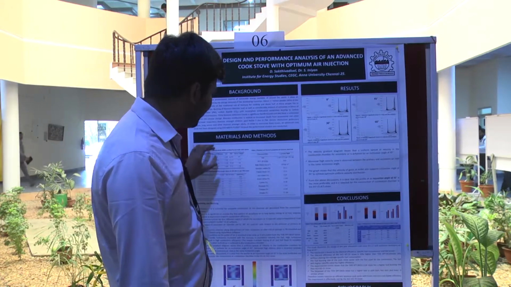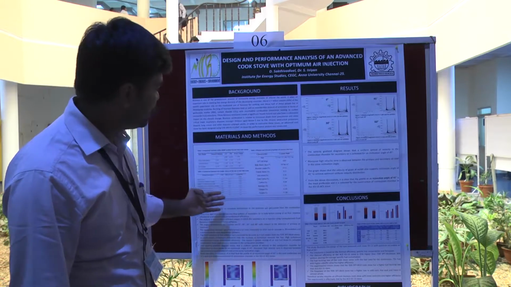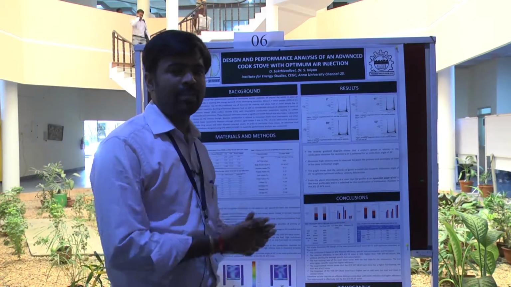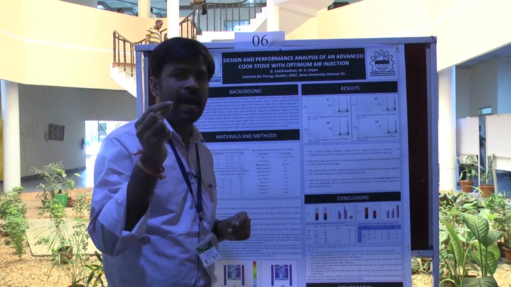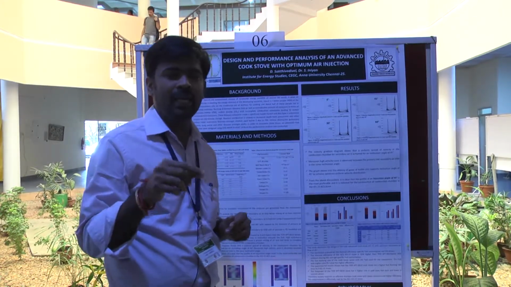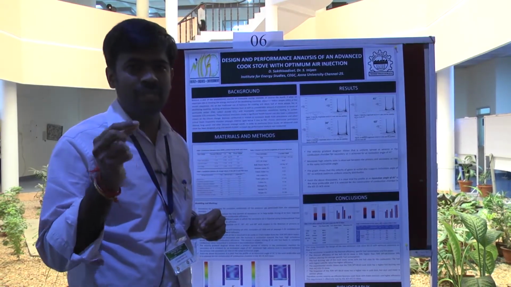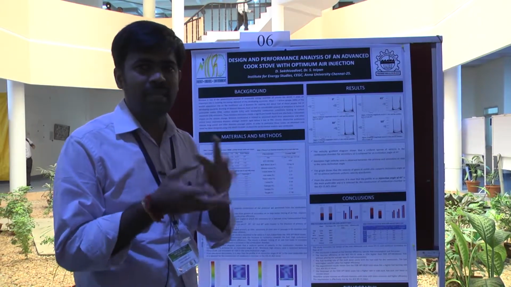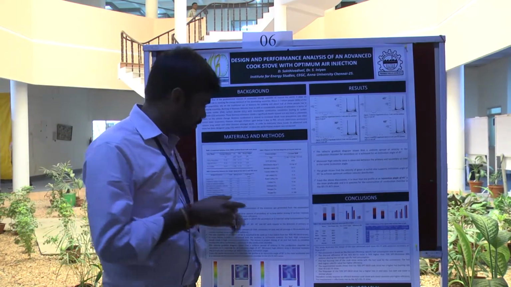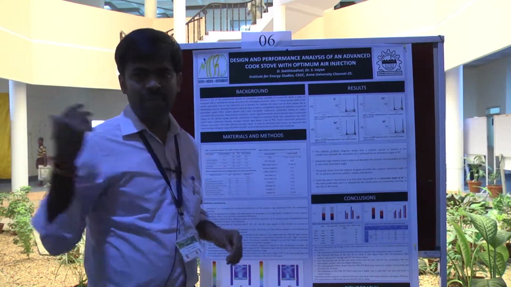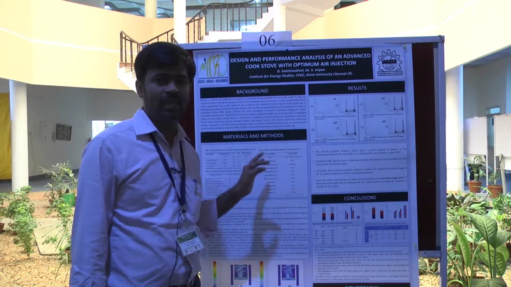So we have taken 3 different sets of cook stoves for the experiment, and we have introduced our stove based upon the mathematical correlations. And after that there are two air injections, one is primary and secondary. We have modified the secondary air injection for the complete combustion of the cook stove during the char mode, because there are 2 different modes. One is a flaming mode, another one is a char mode. First, Dr. S. Varun Kumar of IIT Madras has conducted an experiment in the Urja Plus stoves that was mainly based on the cross-draft stove.